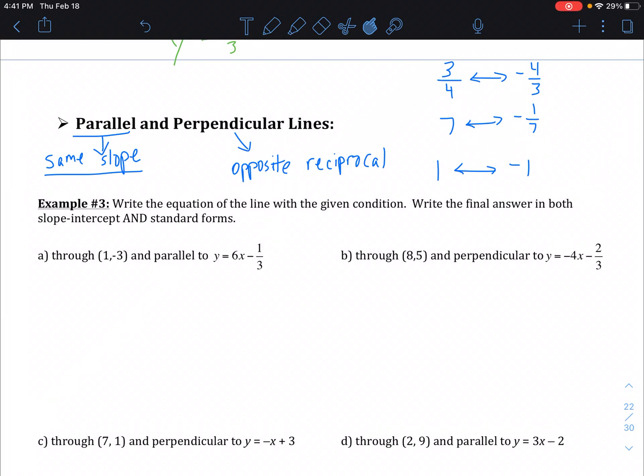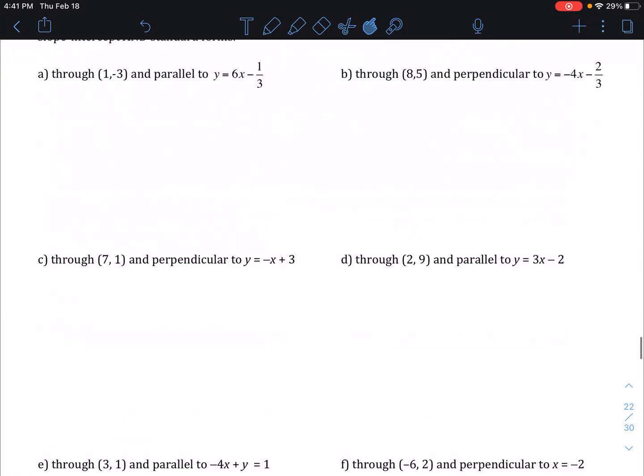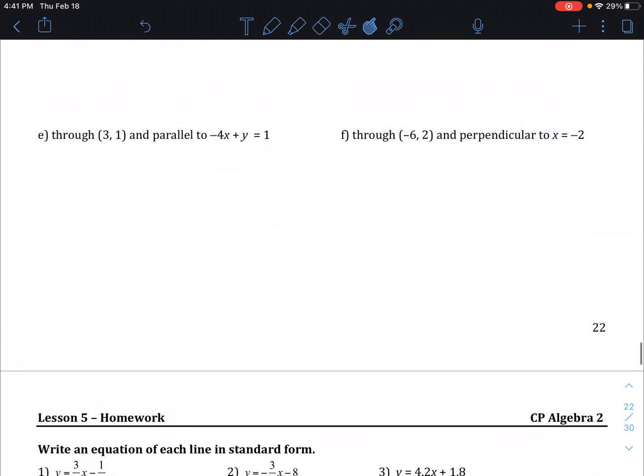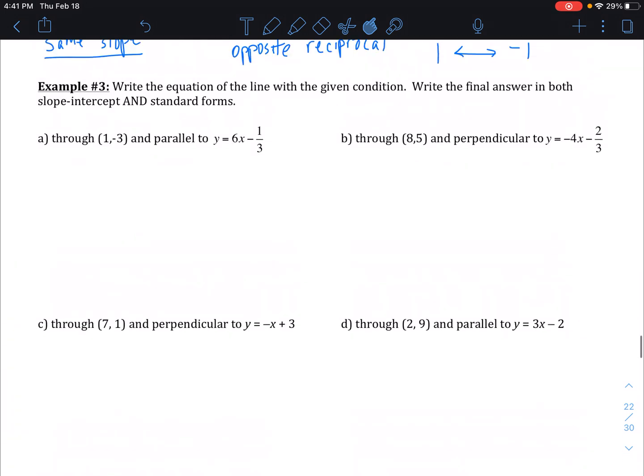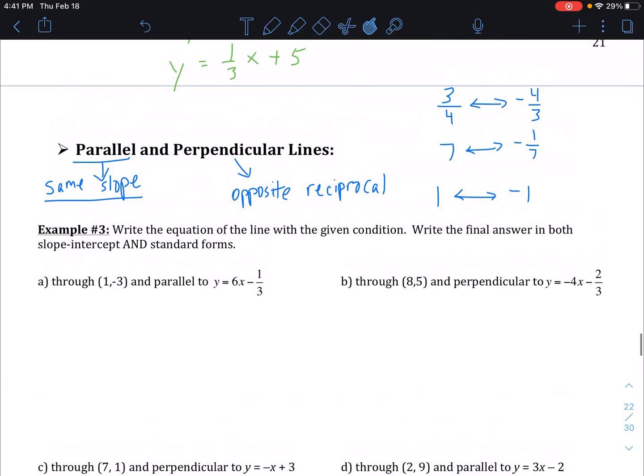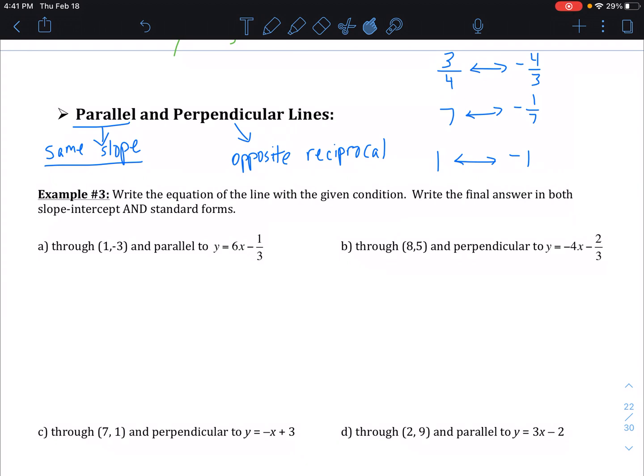Okay, guys, we're in Unit 1. Go to page 22. We're continuing on and finishing up the lesson here. So our goal today is we will be writing equations of lines, and we're going to be talking about parallel